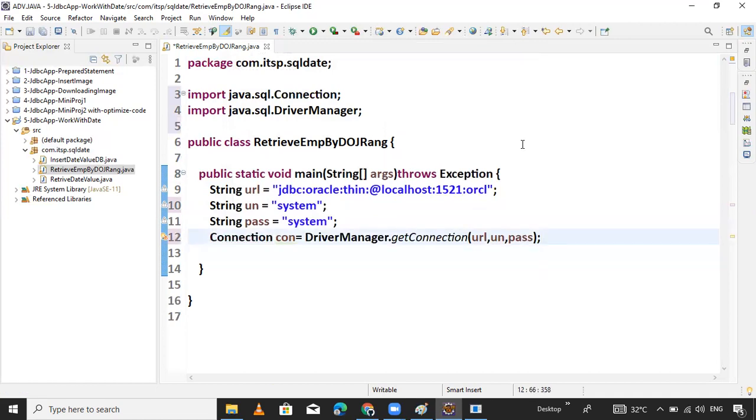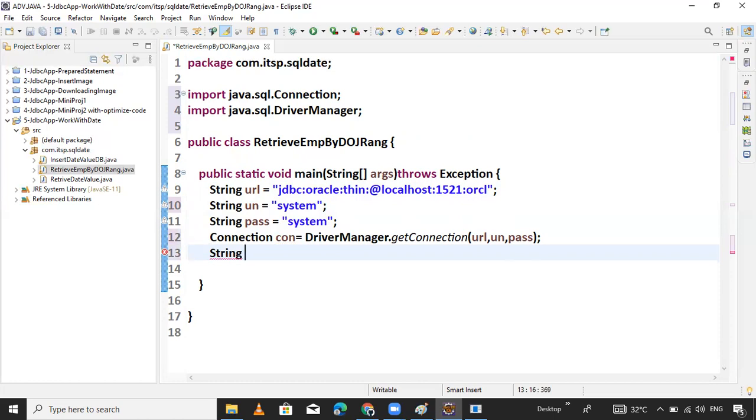That's it. Now here, in this example, the most important thing is how to prepare a query. This is the important part. The remaining things are the same. So how to prepare a query? I will tell you. I want the data in this range, so using greater than or less than equals to, the math operators. So prepare a query first.